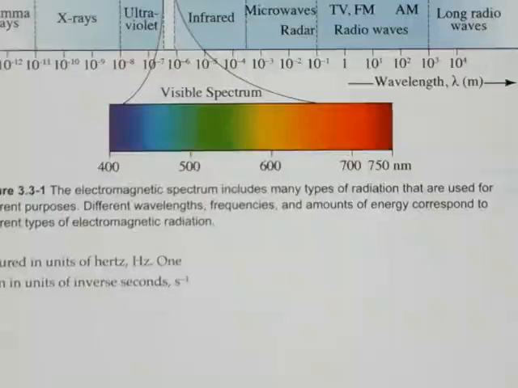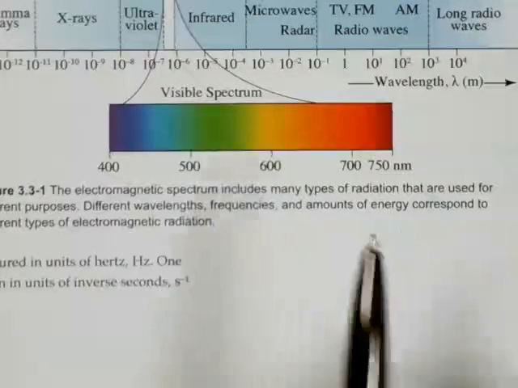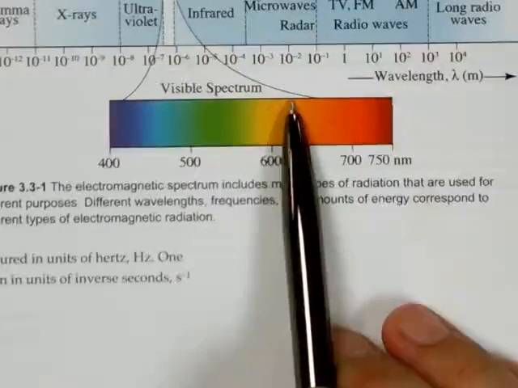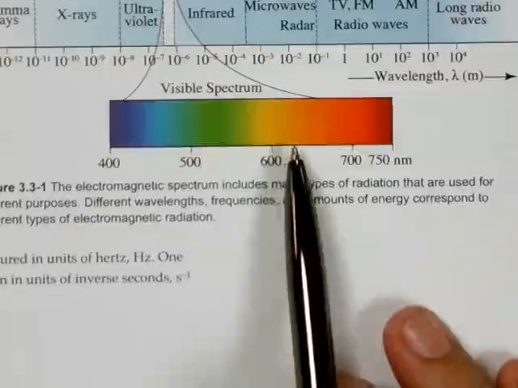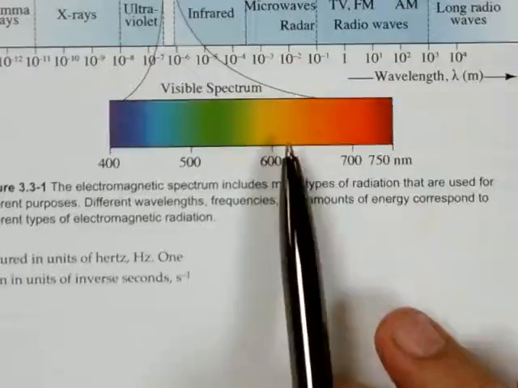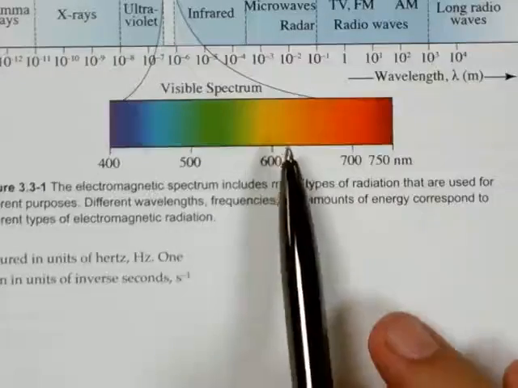Okay, visible light spectrum. We're talking about yellowish orange, right? So I'm thinking somewhere around here. We're not going to look in nanometers. We're going to use meters. So in meters, that's going to be